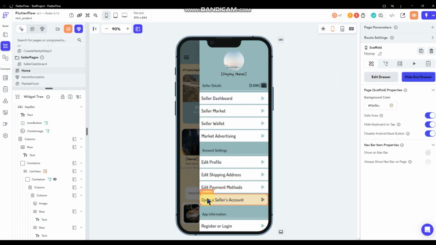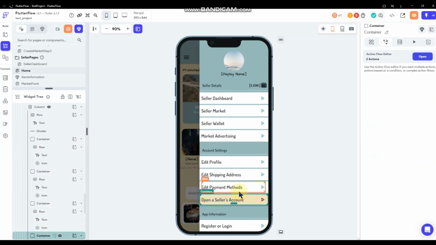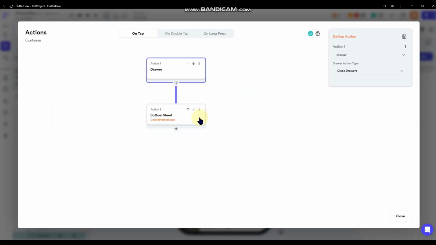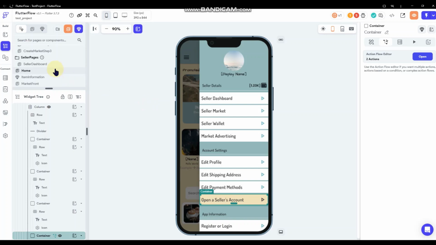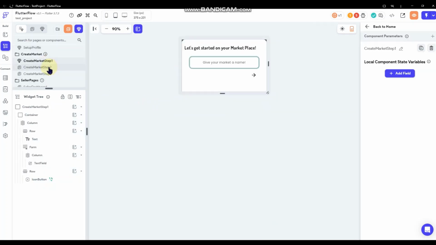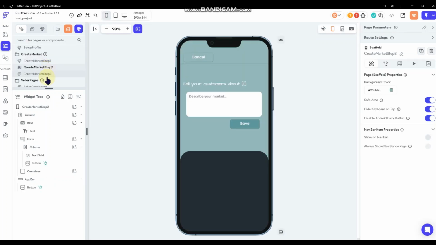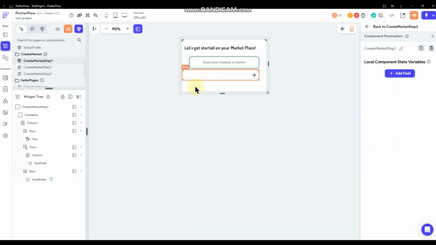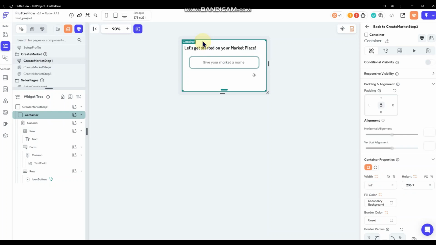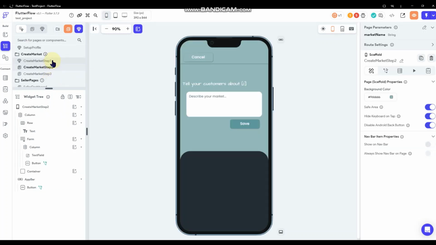And then set this up also so that they can open up a seller's account, which takes them to create market step 1. And we went through the creating of the market pages, creating a market name, a description, and then assigning a photo, which I think I would like to